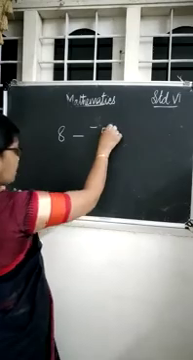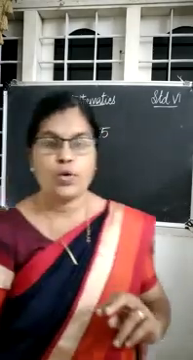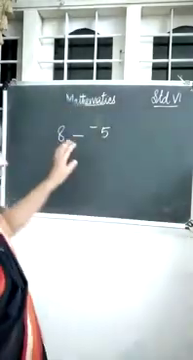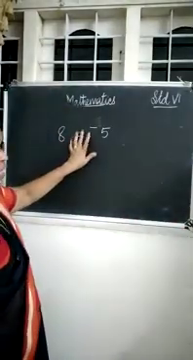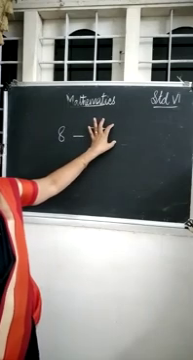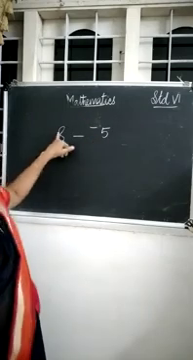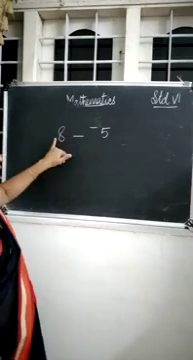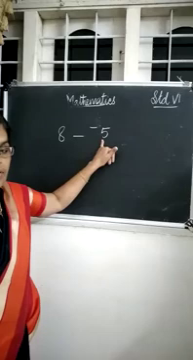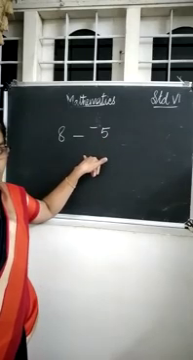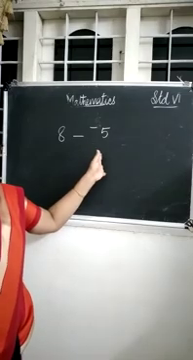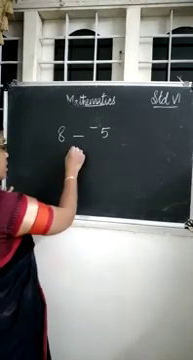8 minus negative 5. From 8 we are going to subtract negative 5. So this number is a negative number and the other is a positive number. 8 is a positive integer and 5 is a negative integer. We are going to subtract these two. So what is the rule? Subtraction will change to addition. That is, it will be